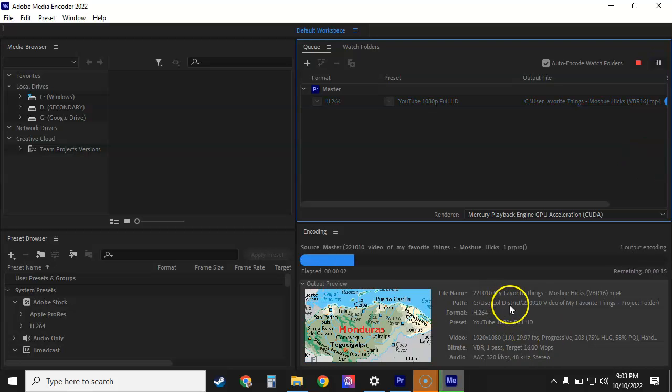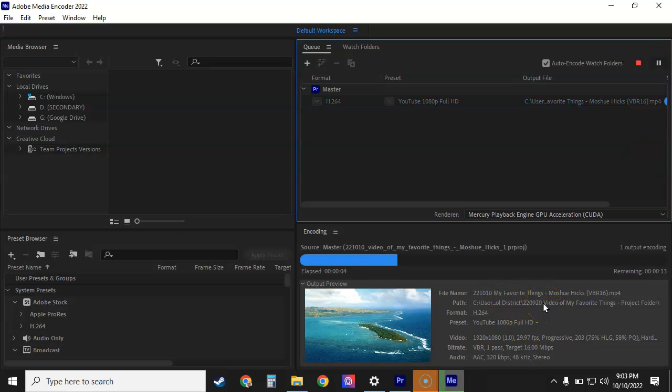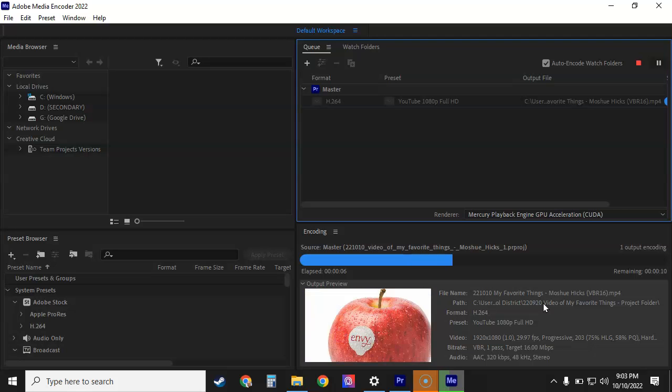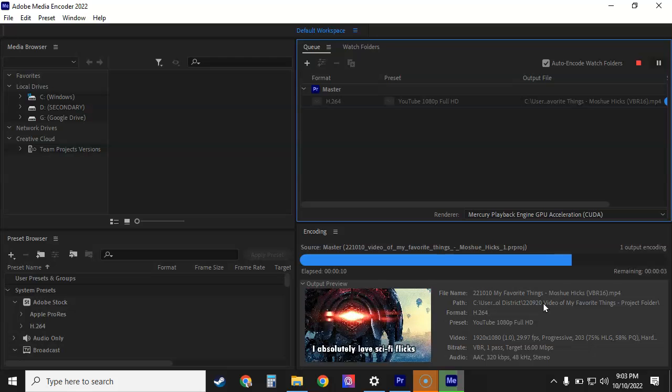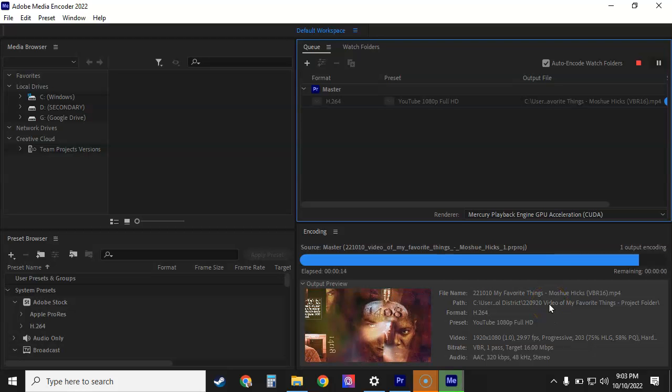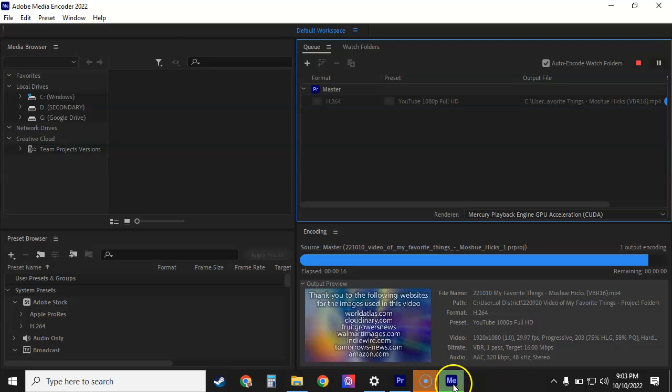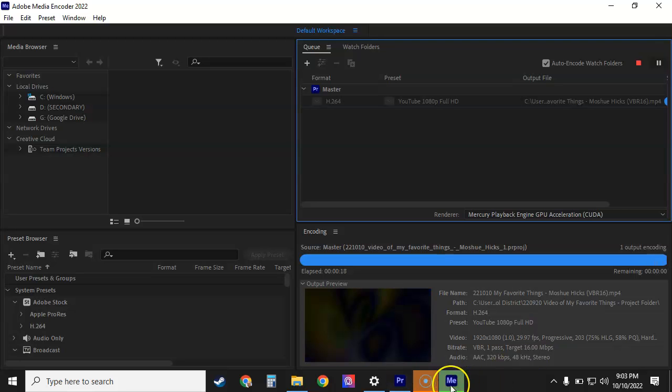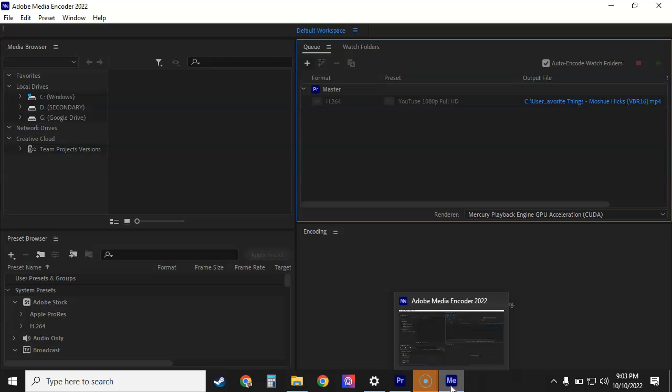And notice where it's exporting to. We could have decided that was someplace else. We're going to try just exporting it to the same OneDrive folder where our project is. If you do this right at the end of the class period, it may not get synchronized, but notice the green line going across the Media Encoder there. You can keep an eye on how things are going,